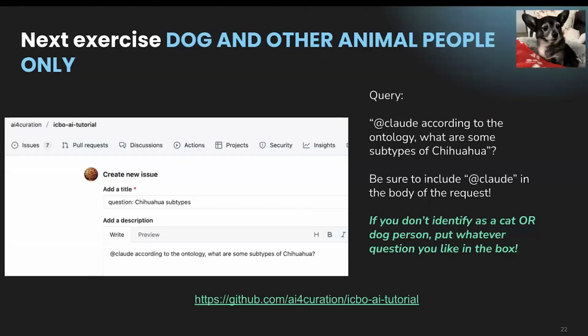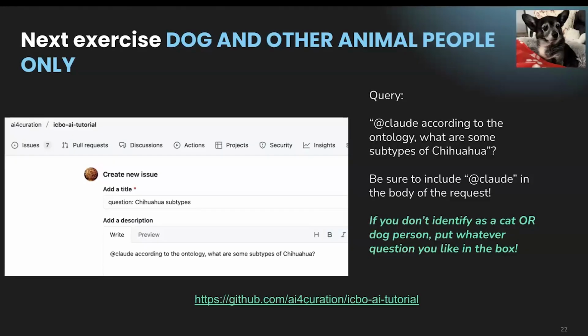Sometimes these chatbots will make use of internal search. Sometimes they'll use their own internal knowledge base. We'll go into some more detail later about what's happening under the hood, but some of the differences here can be attributed to the fact that when you go via the issue tracker, it's using the ontology that is in the GitHub repo as a kind of trusted